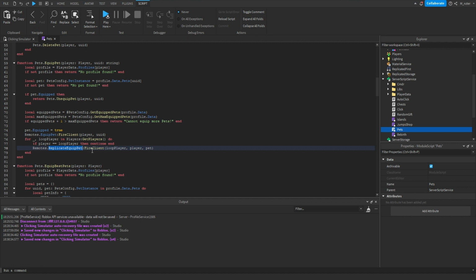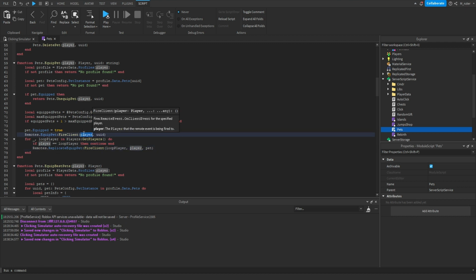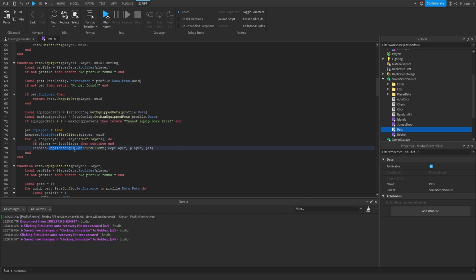replicate equipPet remote event. The reason that we need to loop through every single player is because we want to fire this remote event to every single player except for the player who actually called this function, because we're already firing a remote event to that player. Now, you could fire this remote event to the client as well. It wouldn't really hurt, but it is wasting a little bit of our networking resources, so that's why we're avoiding